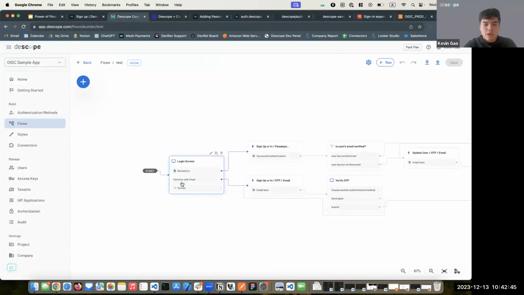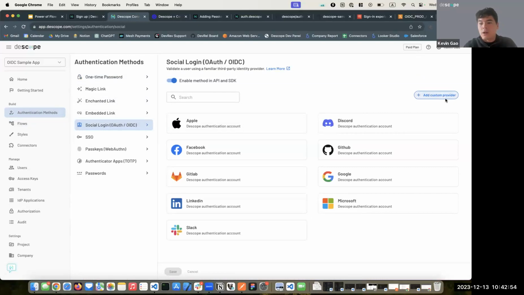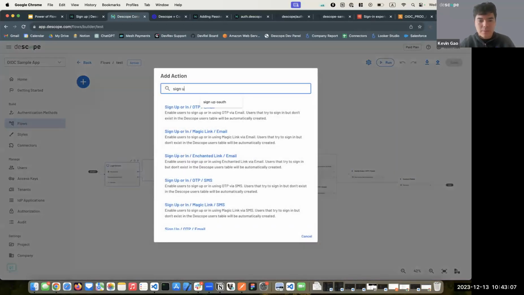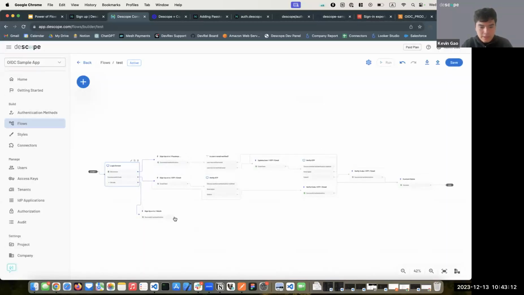With Descope, you can just have one specific flow, design and drag everything in here. You can even use custom providers. So under here, if you want to log in with, say, Spotify, id.me or login.gov, those kinds of things, you can add them all here. Then you can simply add a sign up or in OAuth, drag that in there, connect it here, and